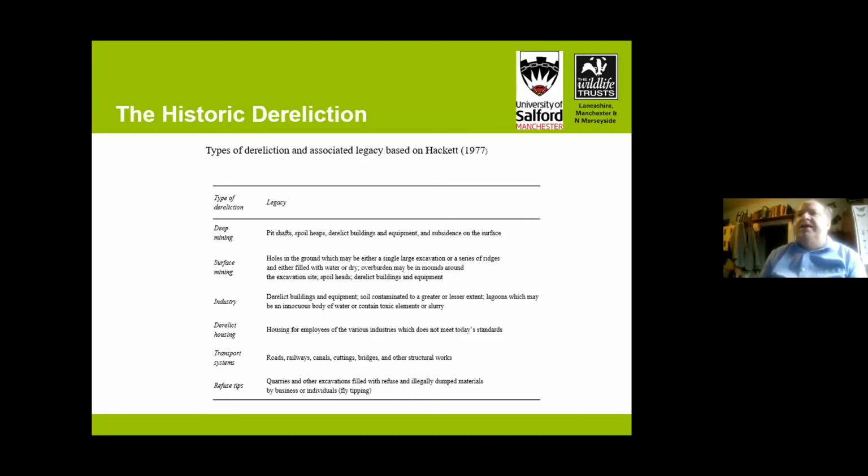There are spoil heaps, and just about 60% of Wigan is probably affected by being a spoil heap of some sort. There are obviously the buildings that were built as part of the mining and the other industry, and some of these still exist on the sites, along with bits of equipment, metal, cables and things. And there is a terrific amount of subsidence on the surface of the land.